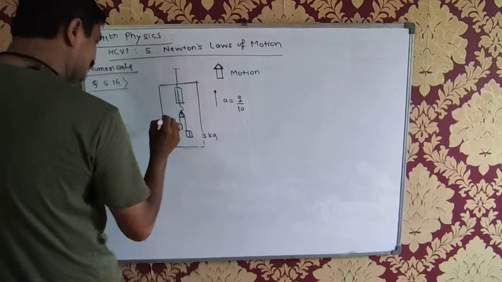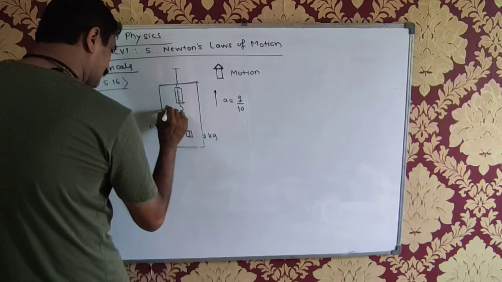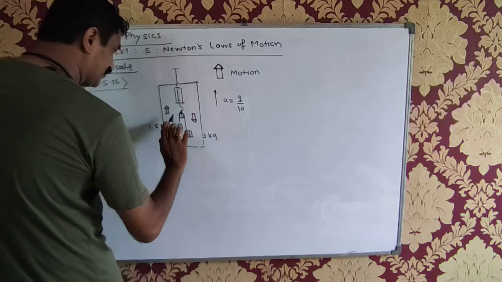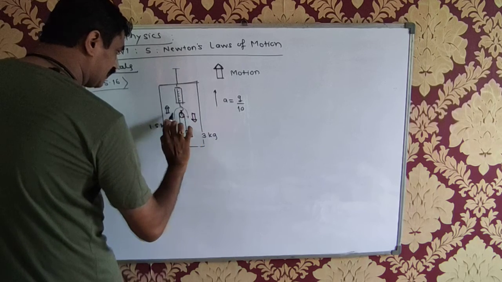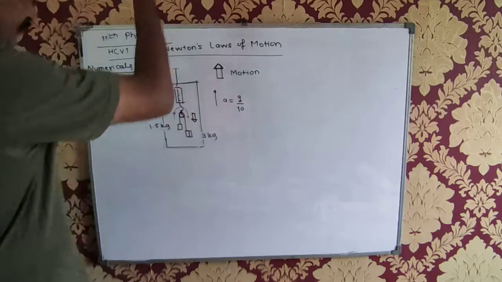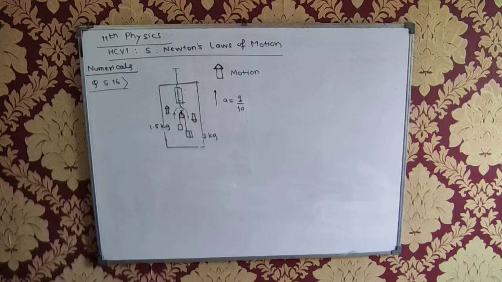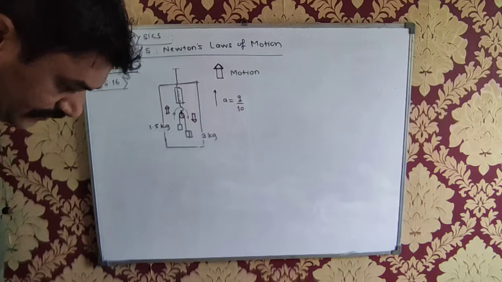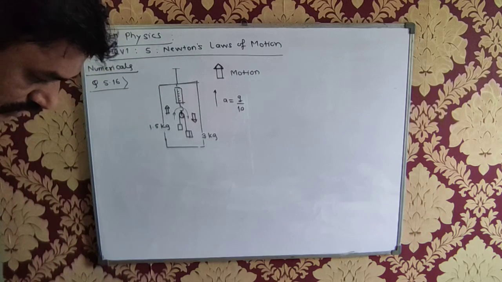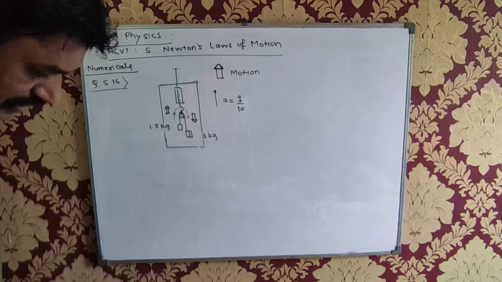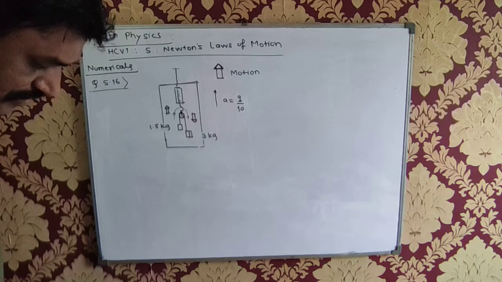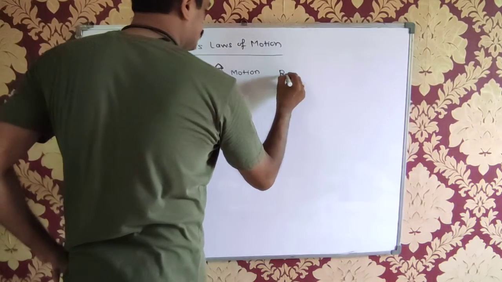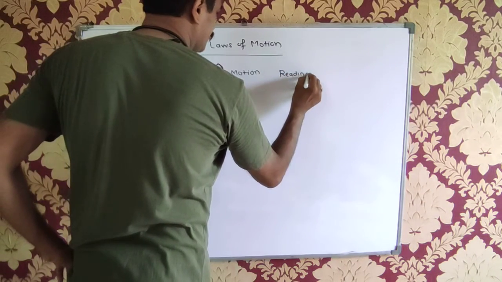Whereas inside, if I say this is the direction of motion, this pulley will go like this, right? And the whole thing is going up, okay? The entire elevator is going upward. The strings are light and the pulley is smooth. Find the reading shown by the spring balance. We have to find out what the reading is here. Is the question clear to you? Yes.